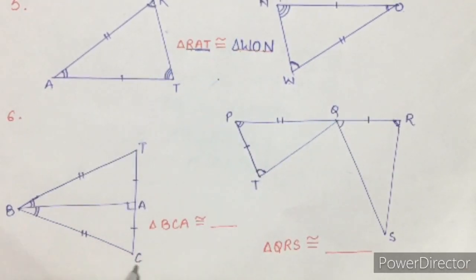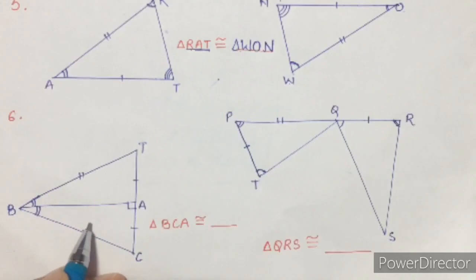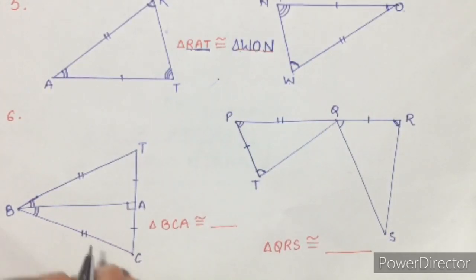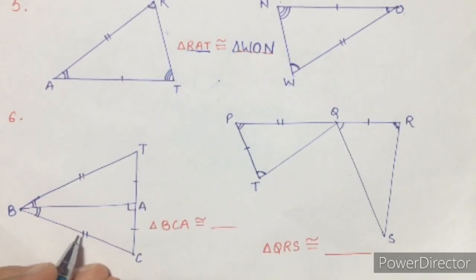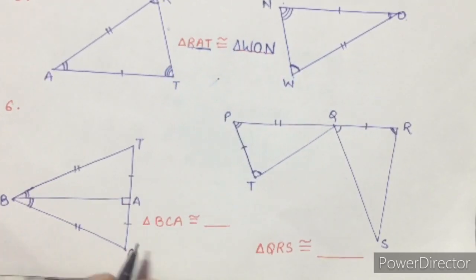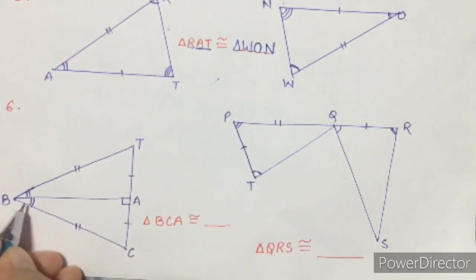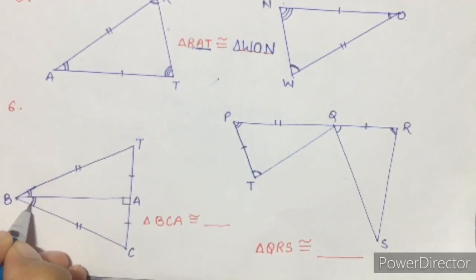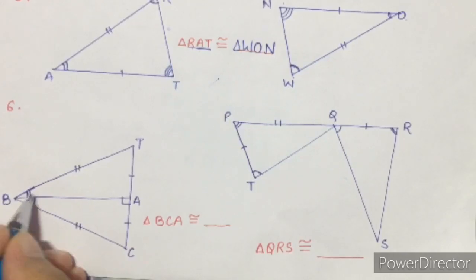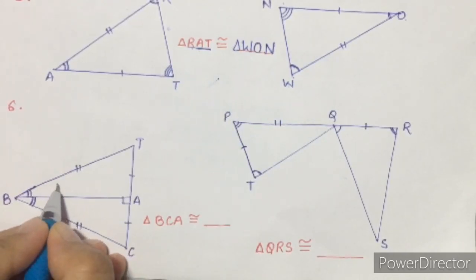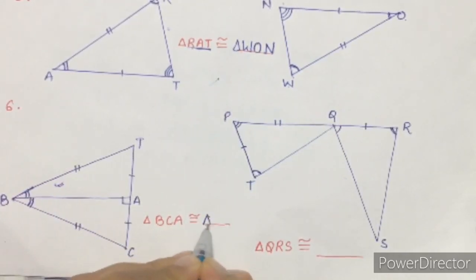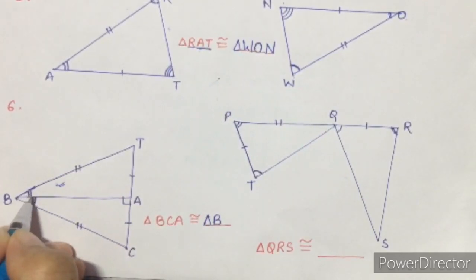BCA, that means this lower triangle is congruent to what they are asking. Okay, the same, they just want to know which angle will be written, how we can mention the name of this triangle. Now see, angle B, 2 letters, then what is the name of that side triangle? B, again B will come because at B only 2 angles are there.